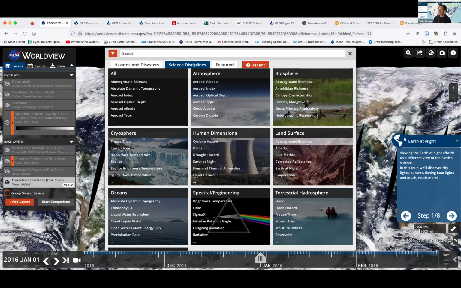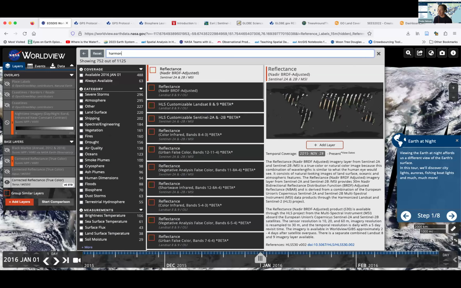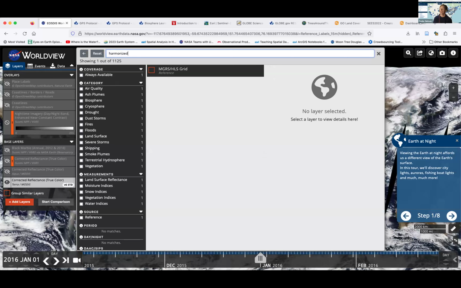Okay, so one of the things that we can look for here is something that really works well for our GLOBE world. And this is something that I'm going to come back to and talk about. GLOBE uses a global grid to help us arrange ourselves on the world.